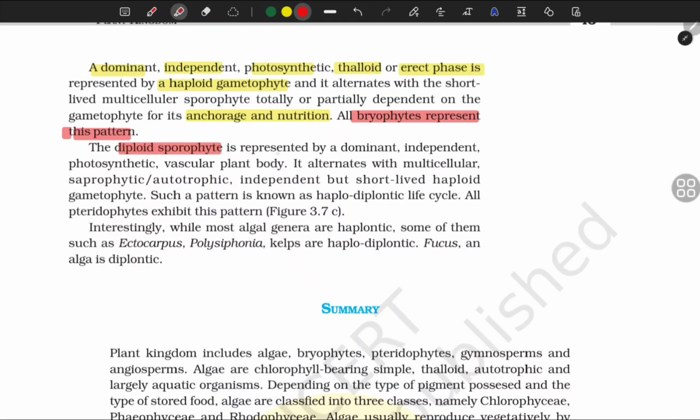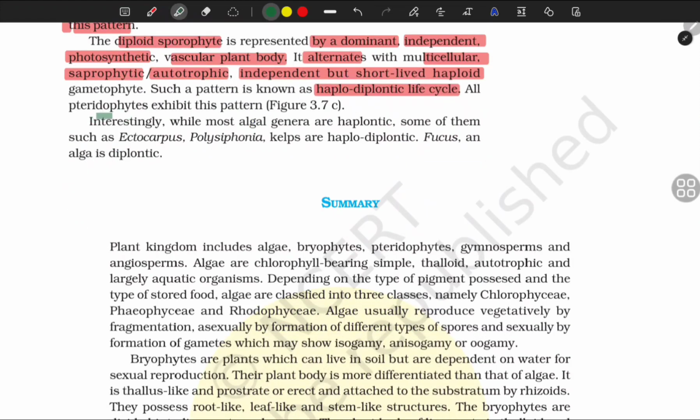The diploid sporophyte is represented by a dominant independent photosynthetic vascular plant body. It alternates with a multicellular autotrophic independent but short-lived haploid gametophyte. Such a pattern is known as haplodiplontic life cycle. All pteridophytes exhibit this pattern. Interestingly, while most algal genera are haplontic,